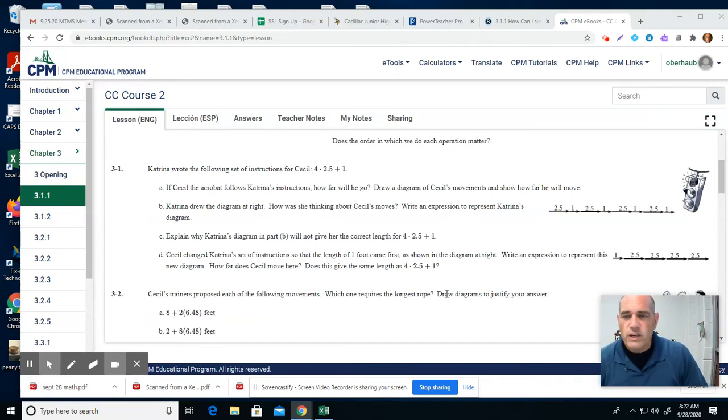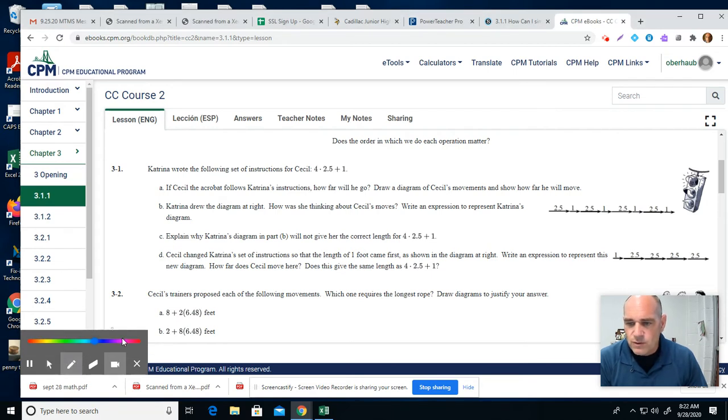All right, question 3-1. Katrina wrote the following set of instructions for Cecil: 4 times 2.5 plus 1. So part A, if Cecil accurately follows Katrina's instructions, how far will he go? Draw a diagram of Cecil's movement to show how far he will go. All right, so if we're doing A, the first thing is this idea right here, 4 times 2.5, means that